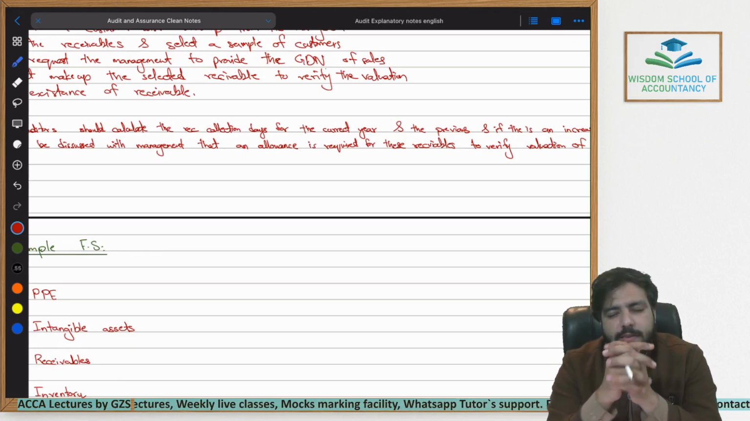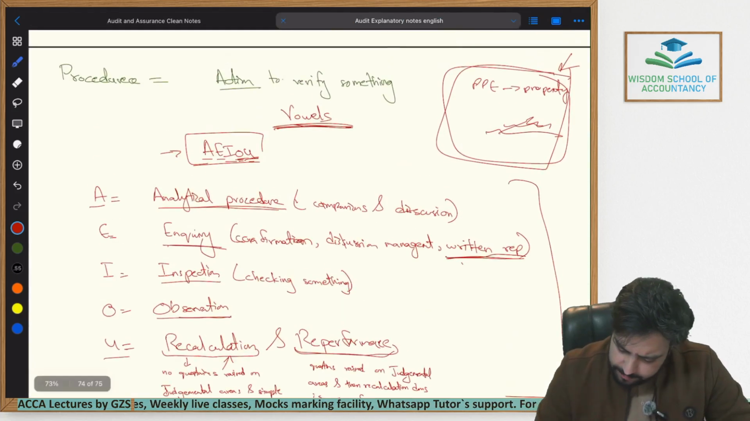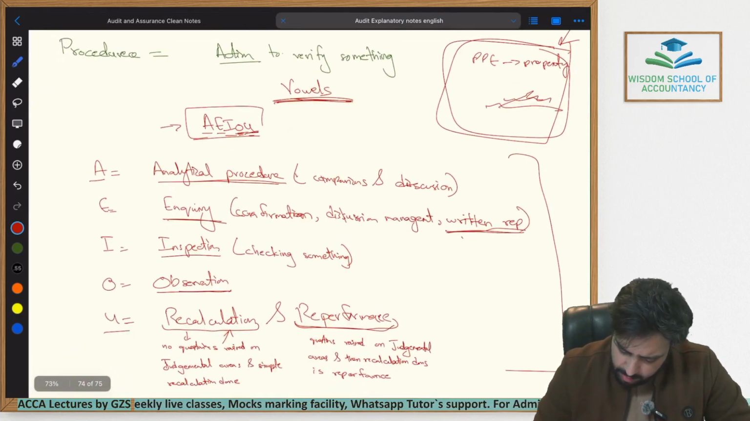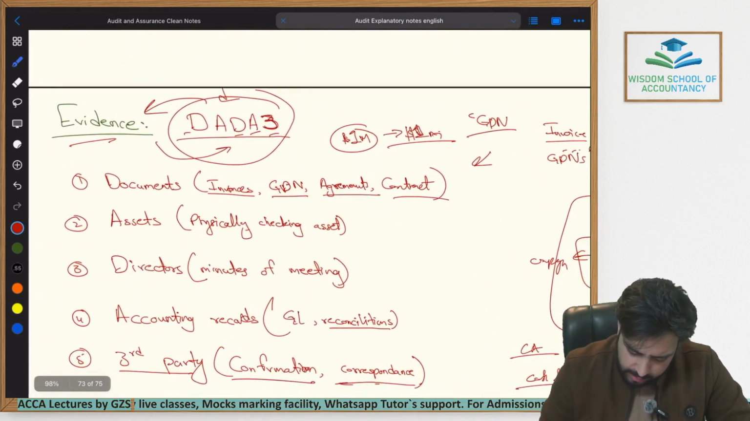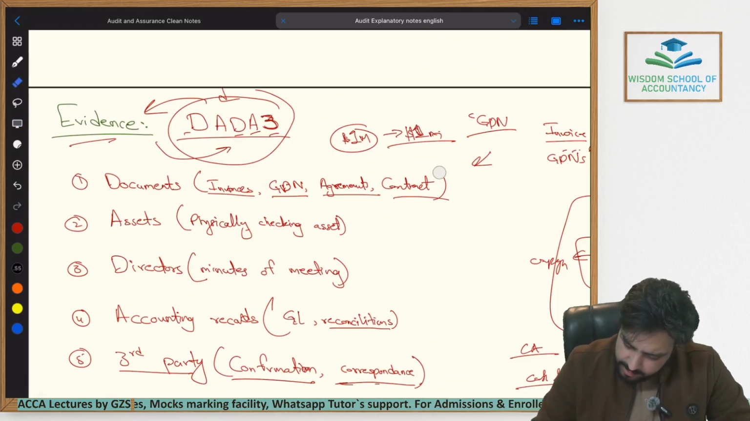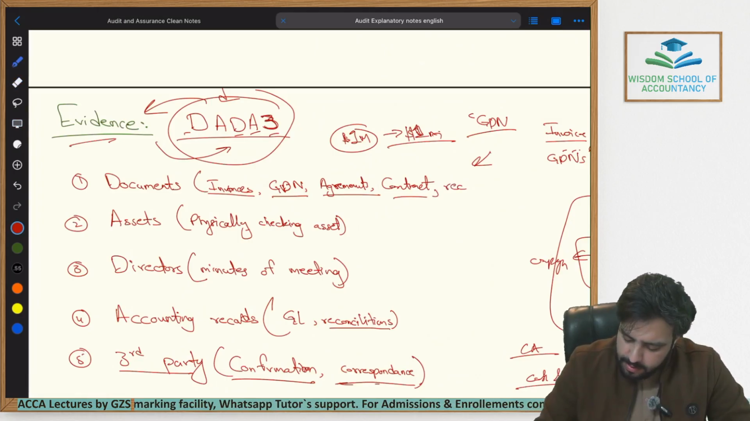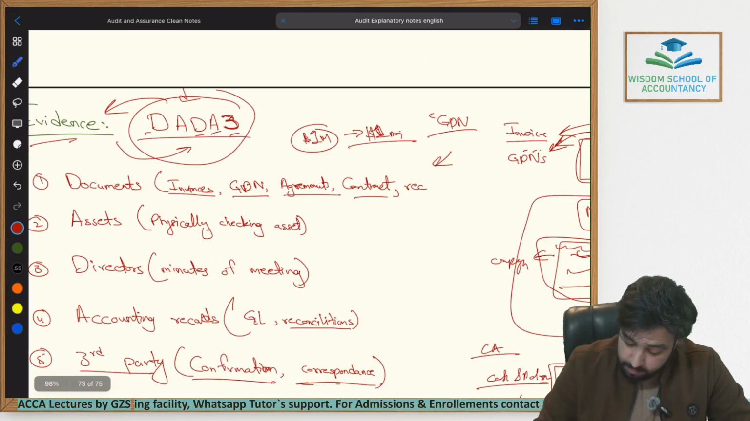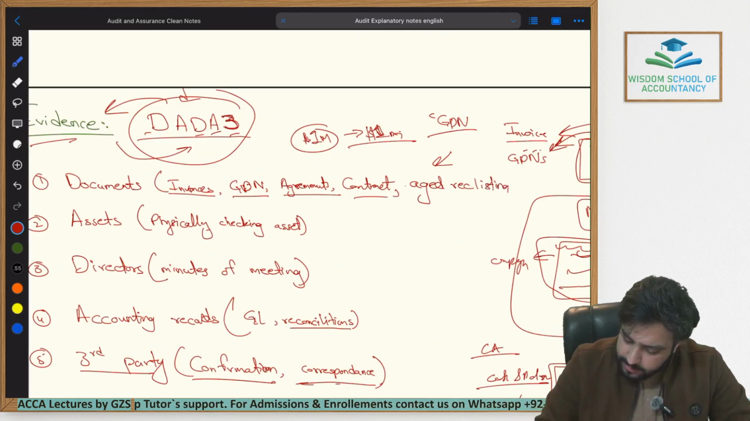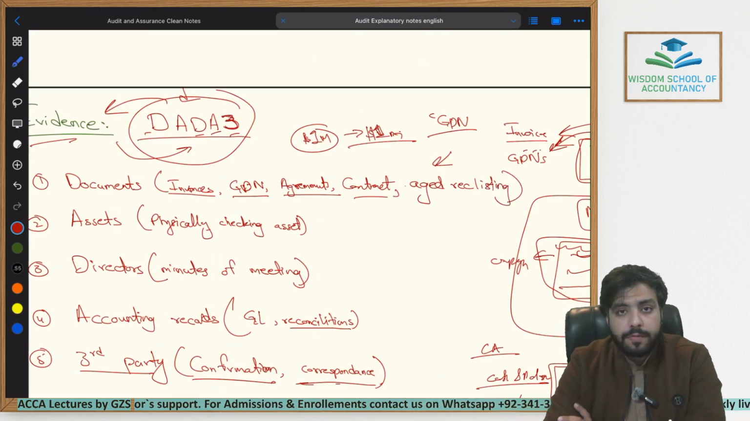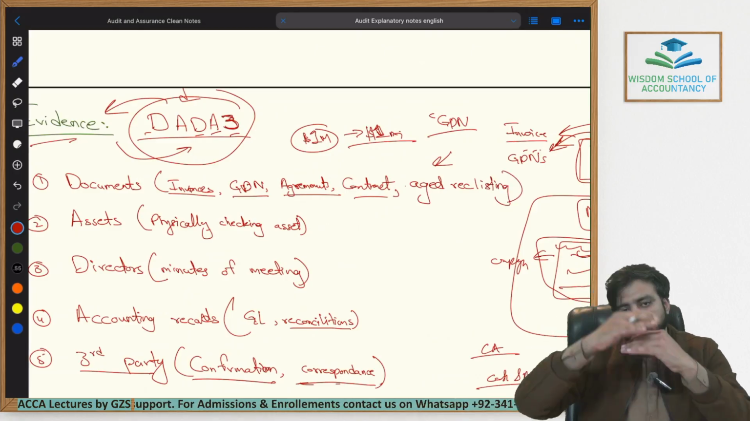I think there is something within documents that we just discussed. Within documents, this one in Data 3, there is something additional, let me add it here, which is known as receivable. What is it known as? Aged receivable listing. This listing is a document upon which it is written, a breakup of the total amount of receivable